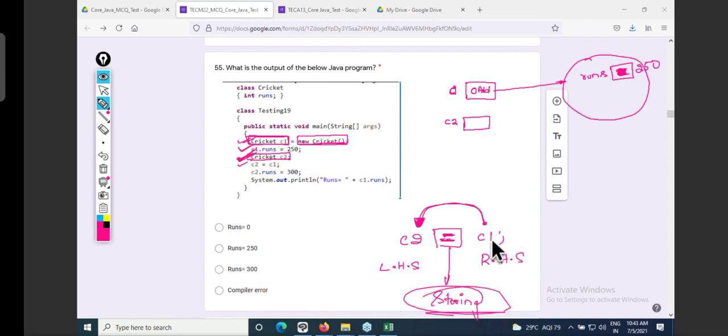Whatever is there in C1, store it in C2. What is there in C1? Object address. That object address, copy and give it to C2. Same address is copied to C2, which means C2 also will refer to the same object.